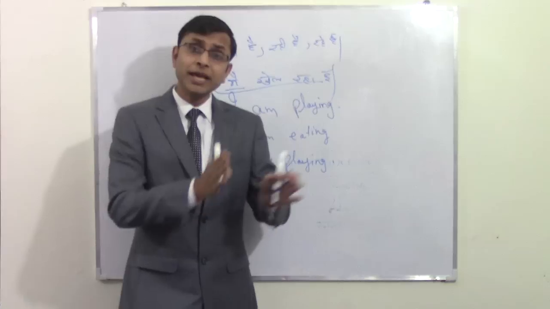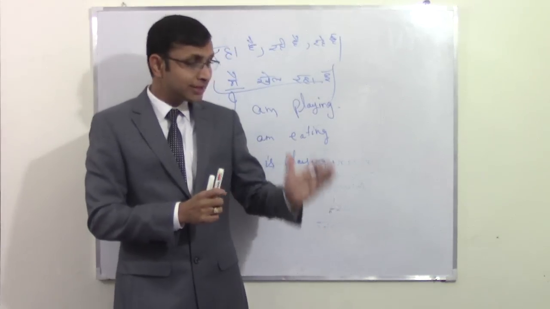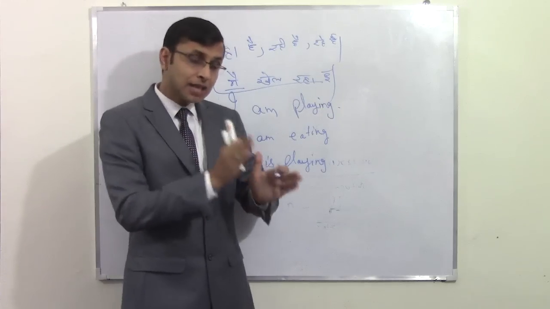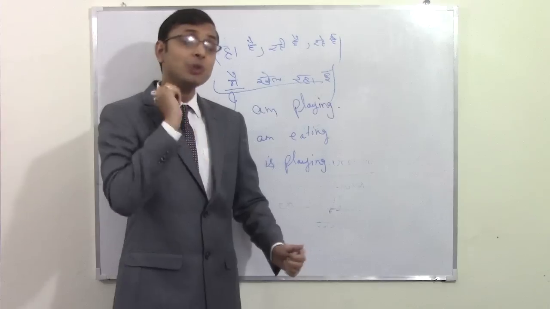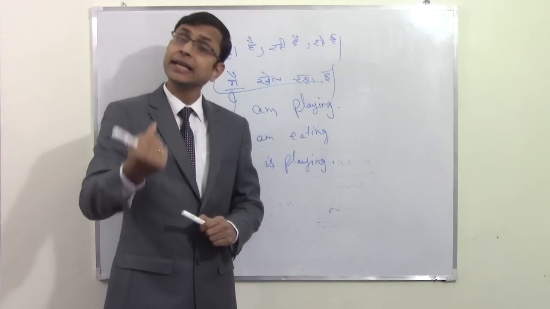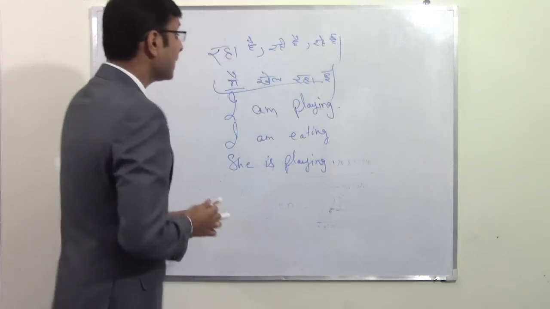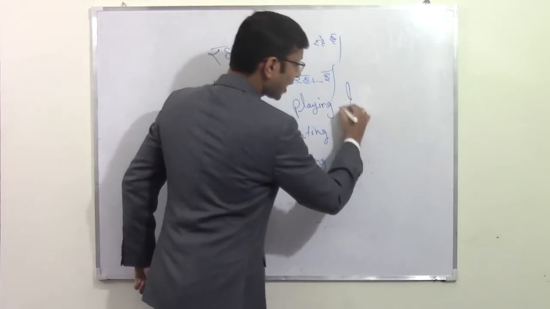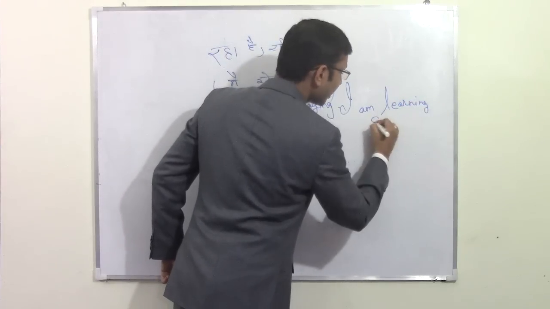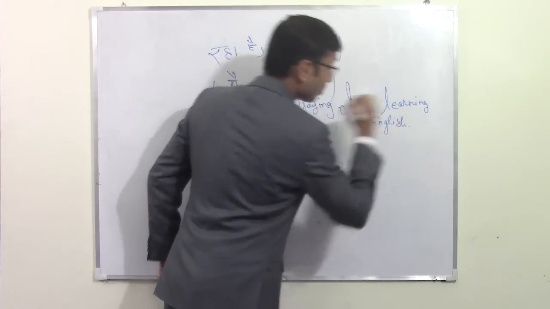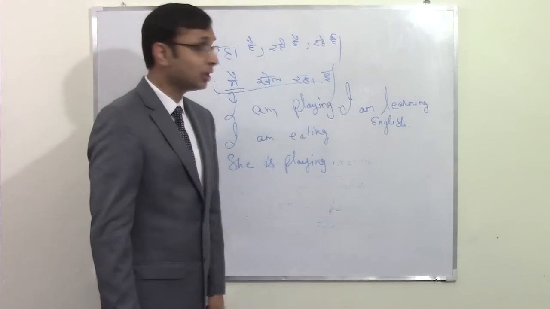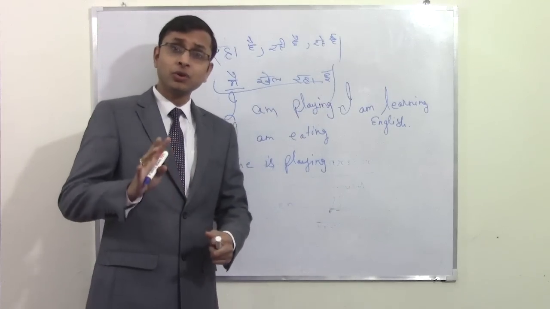So whenever we talk about any action, and then we add time to that sentence, how do we make that sentence? For example, if I say मैं 2 महीने से इंग्लिश सीख रहा हूं. If I say मैं इंग्लिश सीख रहा हूं, that would be I am learning English. But now if I add time to it and say मैं 2 महीने से इंग्लिश सीख रहा हूं, then we will not say I am learning English for 2 months.